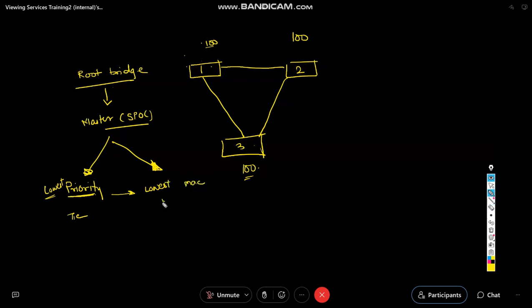And the information about the MAC address and priority and all other details are going in the BPDU packet. That's why the BPDU needs to be exchanged. Now, in this case, if switch 2's MAC address is lowest among the three, then switch 2 will become the